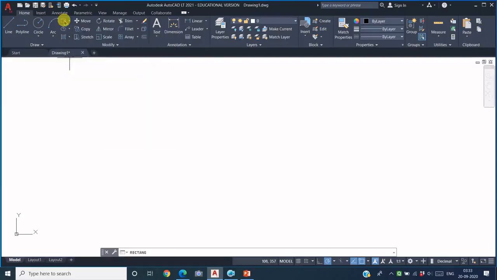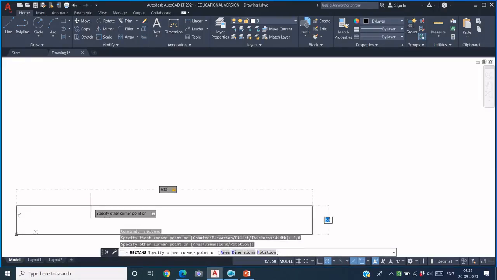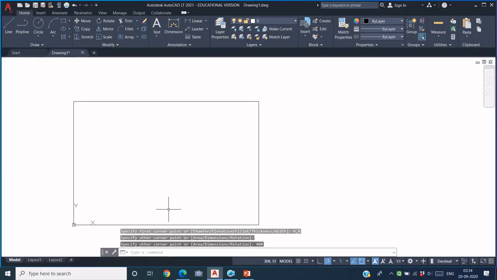So start the rectangle command, specify the lower left corner of the rectangle, that is 0 tab 0, and then enter the coordinates for the upper right corner, the same that we use for the limits, 600 tab 400. Right, so this is the window that represents the limits.